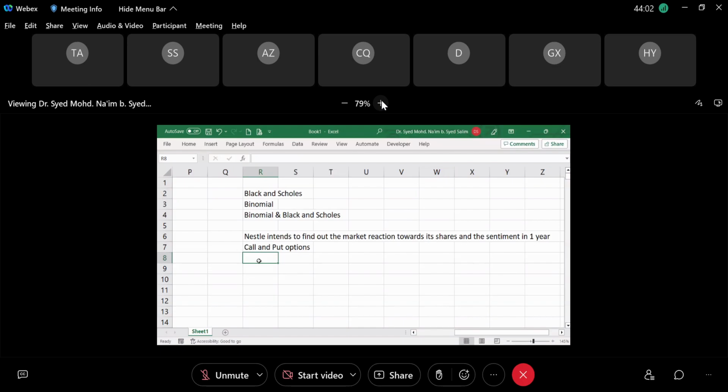And let's say that the risk-free rate is 4%, and then